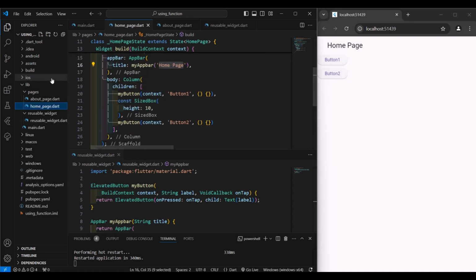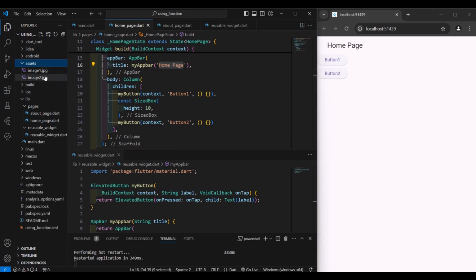Now I made an assets folder here inside my project folder along with these other files, assets, and I place inside 2 images. So I have here 2 images. I'm gonna use them to display here the image. So I can use these images as background. What you're going to do is you go to